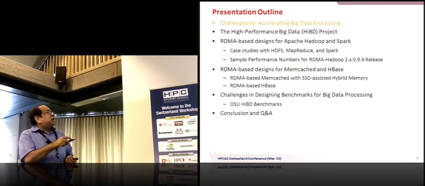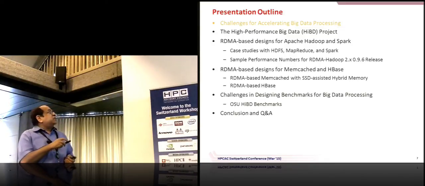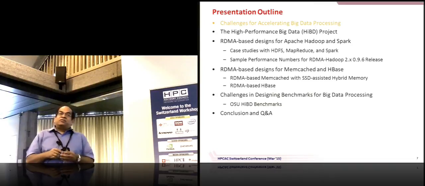I'll try to show the hybrid design I indicated, the SSD-assisted hybrid memory. This release we did around 10 days back. I'll also try to show RDMA-based HBase. And while trying to do these designs, we have come across a lot of challenges in terms of designing a